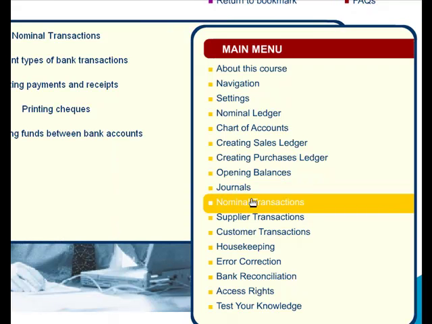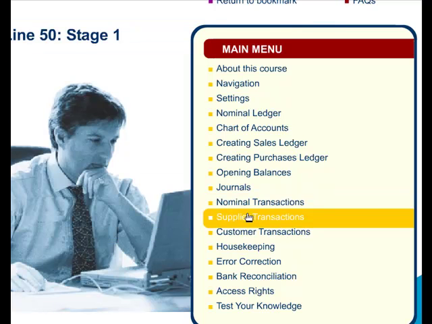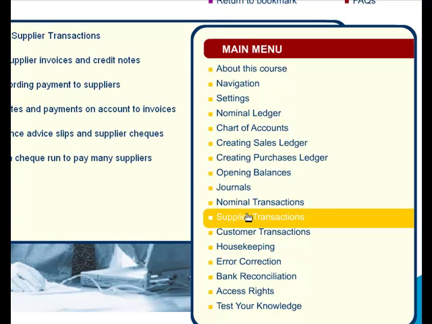Then nominal transactions will take you straight into the different types of nominal transactions, for example the bank transactions, the posting of payments and receipts, the printing of checks, and the transfer of funds between accounts. Supplier transactions will again give you several menu options such as